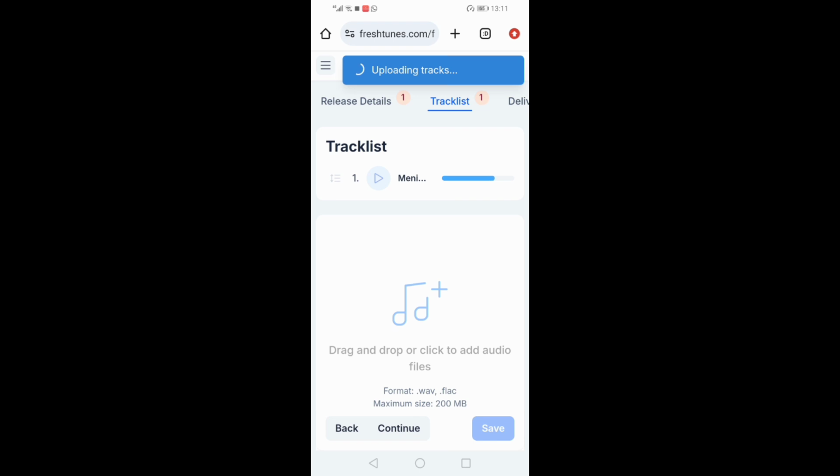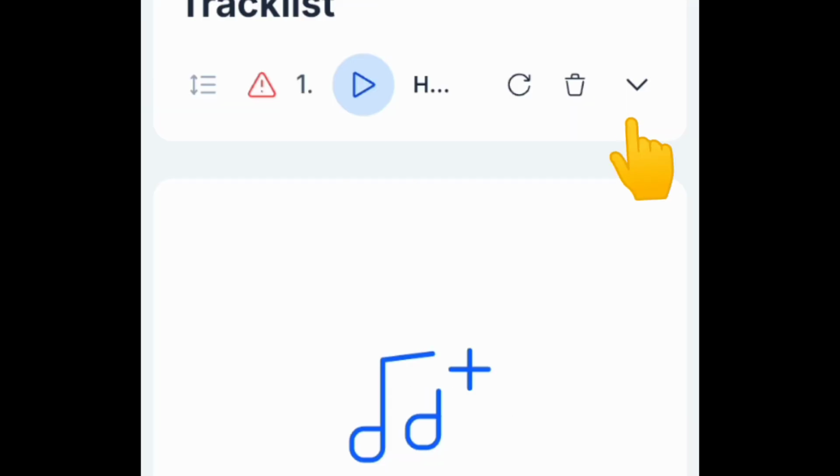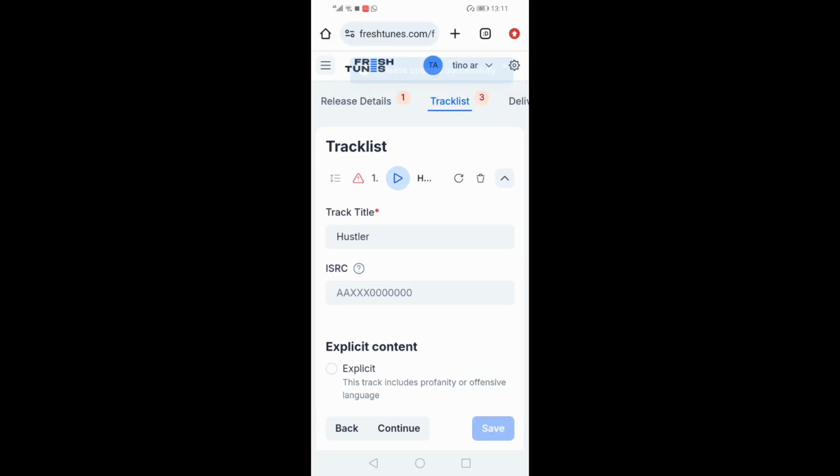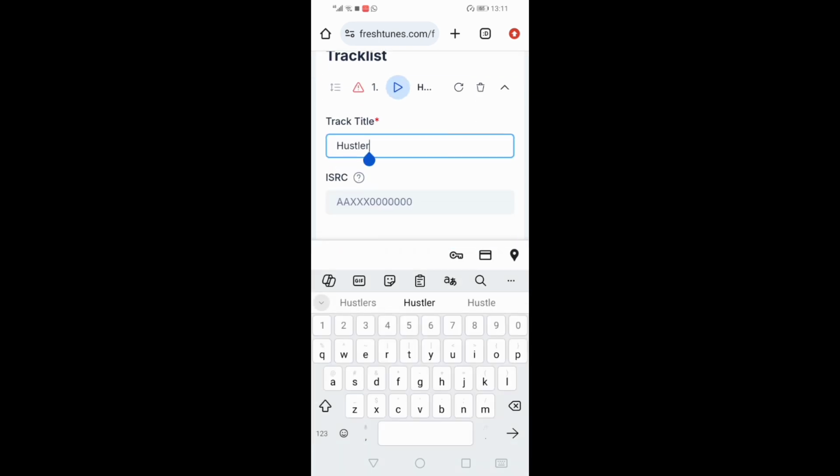And voila, the track is already uploaded. What you need to do is just hit the save button. Click in this arrow right here to fill your music information. Right here, you're gonna set your track title. You must use at least uppercase to each word in your title. So copy me, please. Copy how I'm doing this and apply to your releases too.